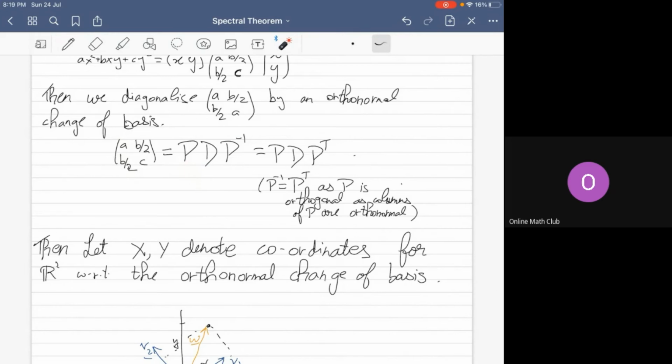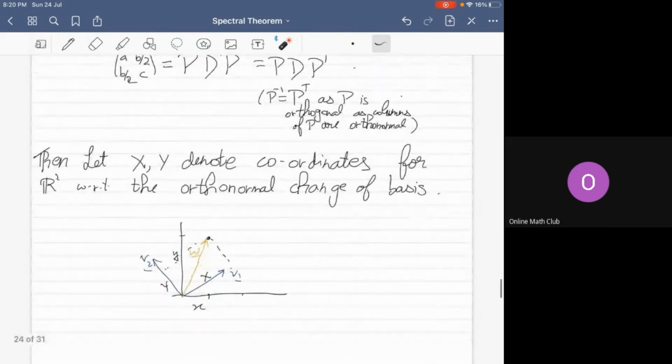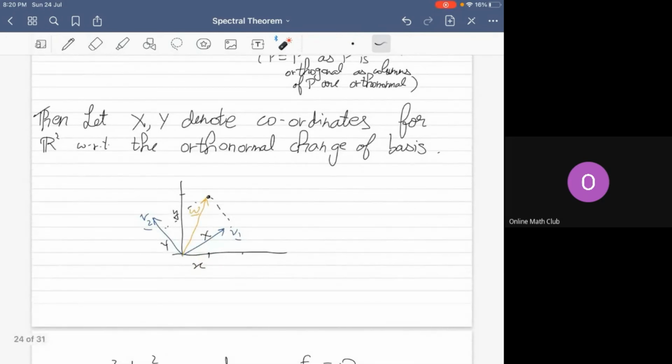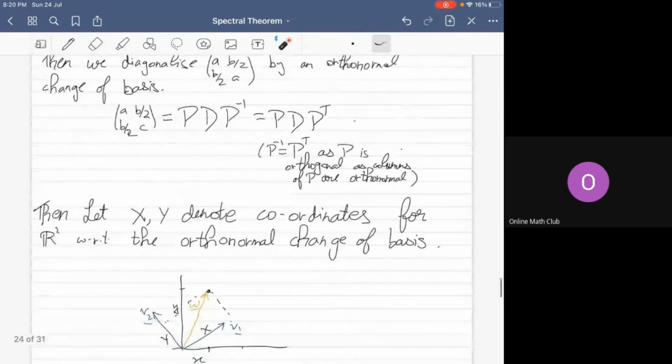And because it is orthogonal, that means that P inverse is P transpose. Because notice orthogonal meant P transpose P is identity, which means that P transpose is P inverse. So by the spectral theorem, we have that this is P D P transpose, where P is orthogonal. And now let x y denote coordinates for R squared with respect to this orthonormal basis, by which I mean that